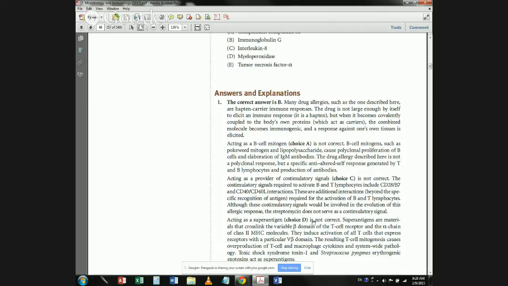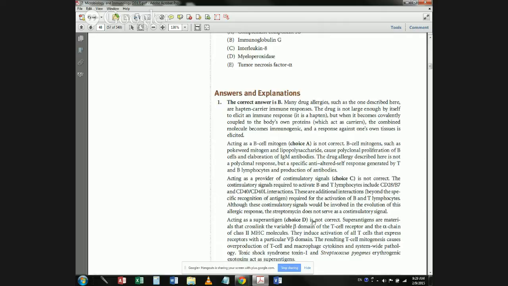Although these co-stimulatory signals would be involved in the evolution of this allergic response, the streptomycin does not serve as a co-stimulatory signal. Okay, well, that's important to know that CD28, B7, and CD40/CD40L interactions are necessary to activate B and T cells, respectively. Acting as the superantigen is not correct. Superantigens are materials that cross-link the variable beta domain of the T cell receptor